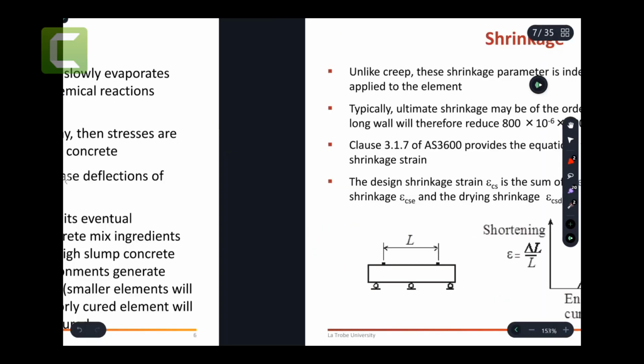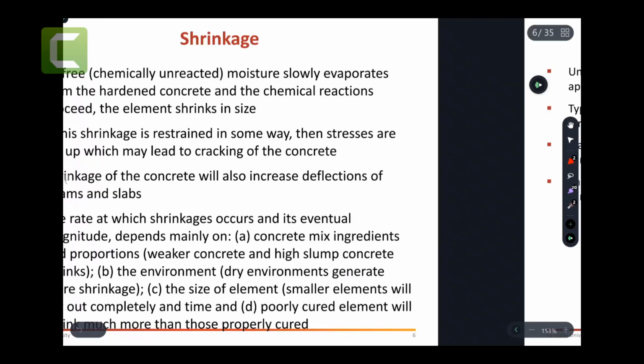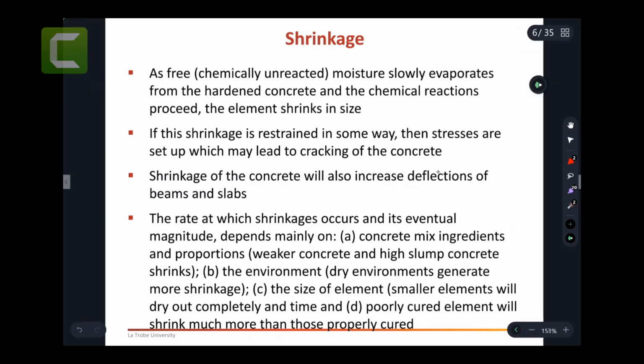So as I said at the start, the steps and calculations we're doing here are really straightforward, but you need to know the meaning of what these mean and how they're used. And then later on, in week 6 and 7, we will end up using this parameter. And we're going to go through these calculations again to use them for calculating one of the main things we're teaching you here, serviceability or deflections. Now, I've gone through these points, but I'm just going to retouch them again. The rate of